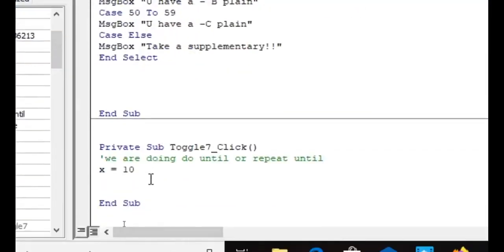Therefore, our code will be, remember we are doing this do that is until. Therefore, we shall just write that x equals to 10. Then do, if x is 10, do x equals to x plus 1. We are incrementing with 1. And then we shall get a message